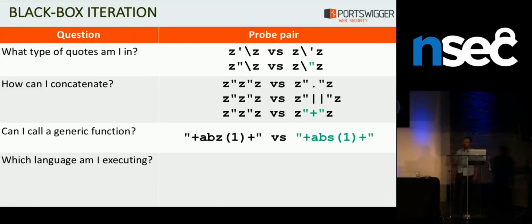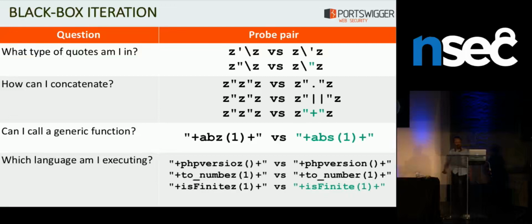And if that works, then great. We pretty much know that we've got code execution in some kind of language. But it would be useful to know which language, so we can follow up with a bunch of probe pairs using functions that only exist in one language. And here, the isFinite function call has worked, which tells us, great, we've got server-side JavaScript injection in a double-quoted